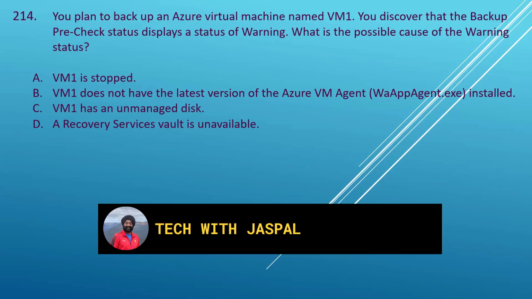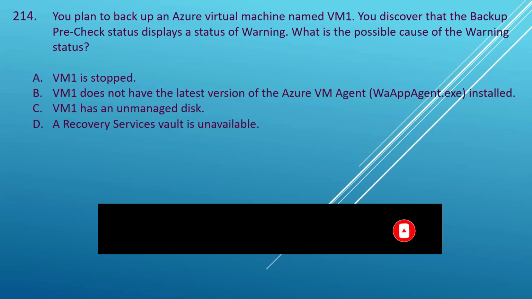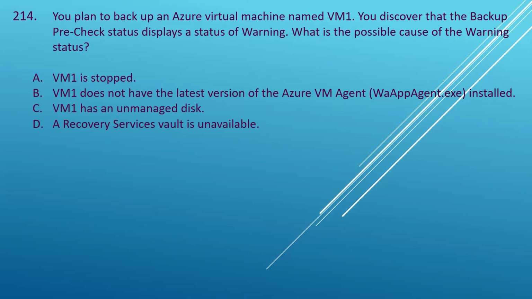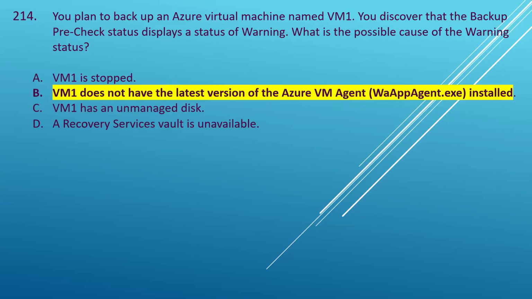The possible cause of the warning status in the backup pre-check for an Azure virtual machine named VM1 can be that VM1 does not have the latest version of the Azure VM agent installed. Having an outdated or incompatible version of the Azure VM agent could lead to warnings during the backup pre-check process. It's essential to ensure that VM1 has the latest version of the Azure VM agent installed to ensure compatibility and successful backup